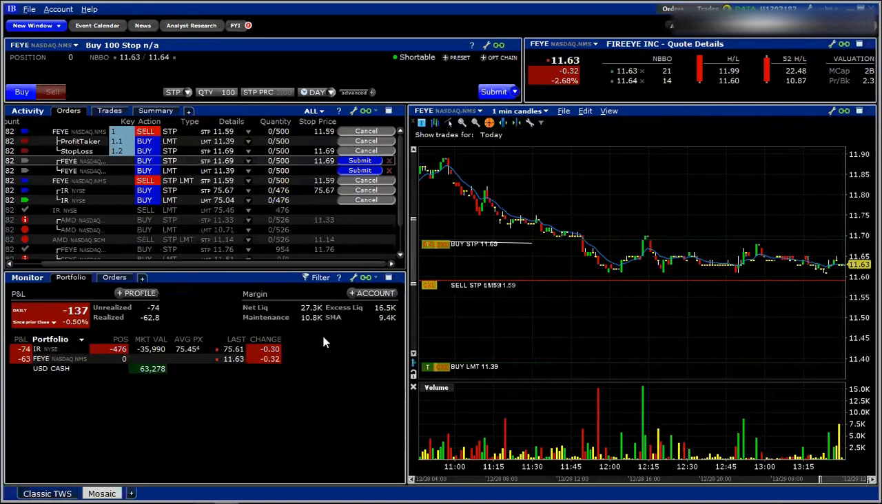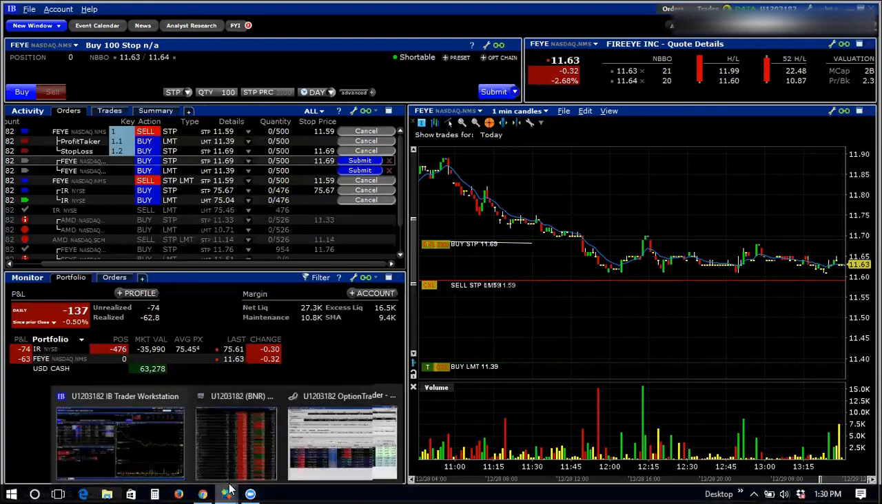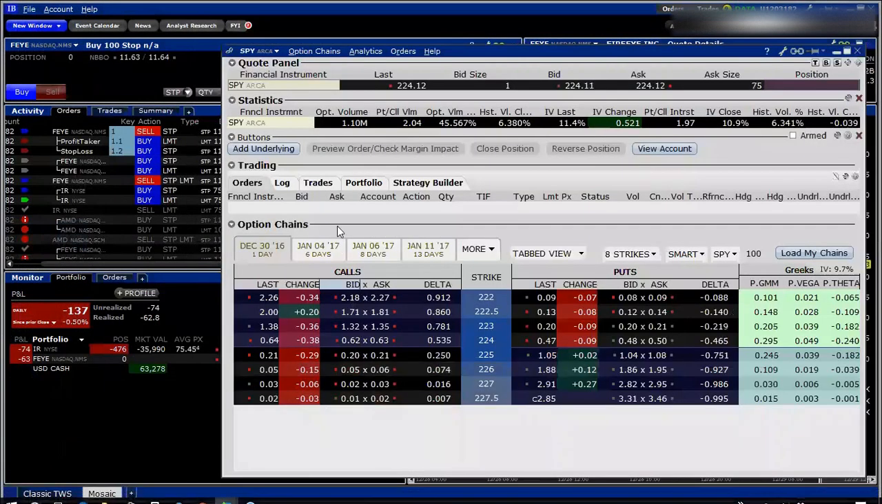So this is how I do my trades. Not really much going on right now. I'm going to wait for some of this stuff to trigger. But this is how, maybe I can demonstrate it on this one. Some folks like doing